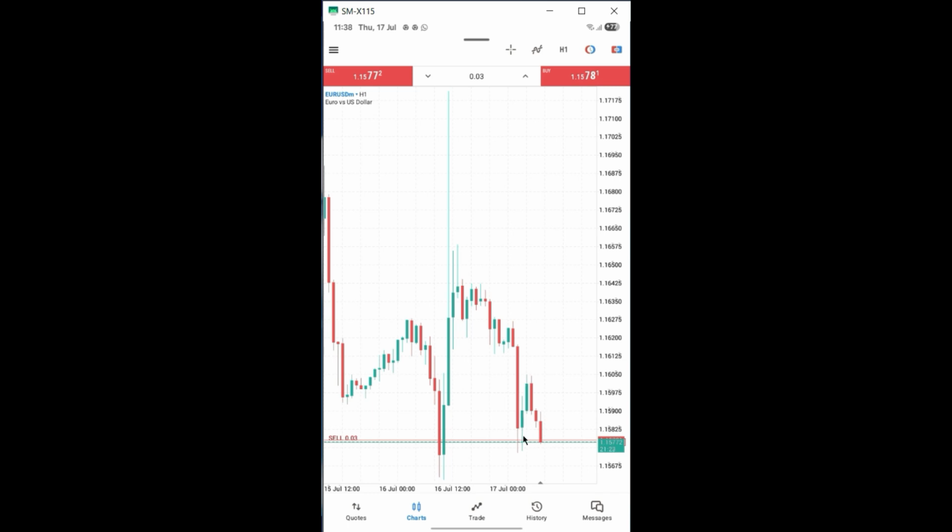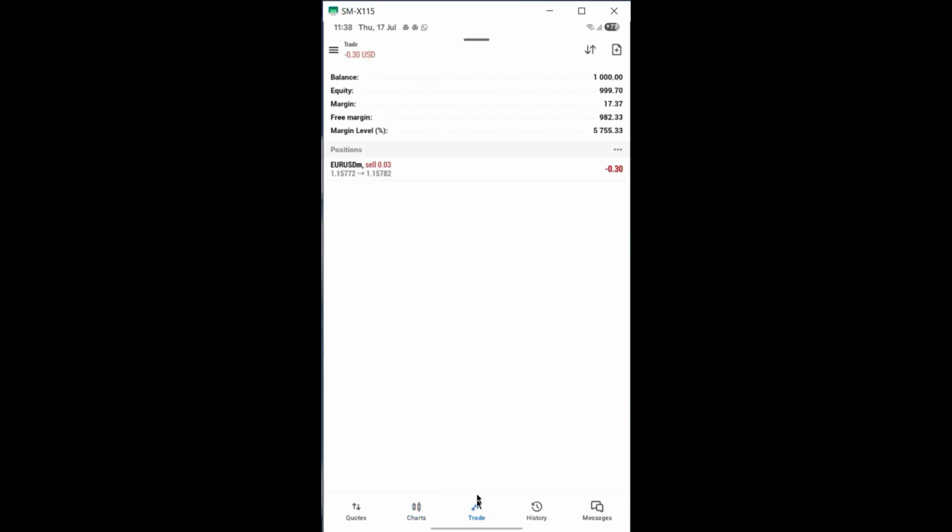But if the market is selling and you are buying, that's when you make a loss. And when the market is buying and you are selling, you also make a loss. In order for us to see this trade running, we have to go to trade. Very good. Now we have our previous balance as $1,000, and we have a loss of negative 0.24 cents, which